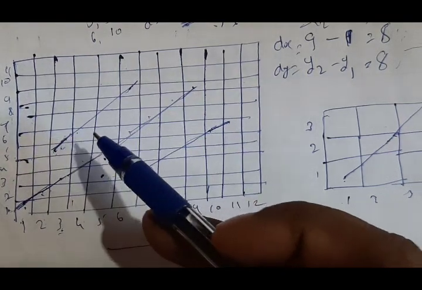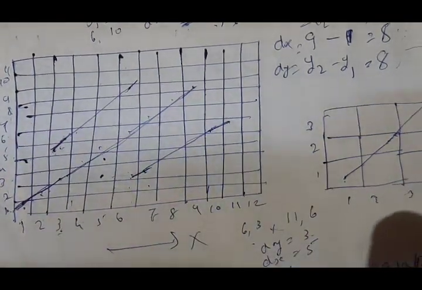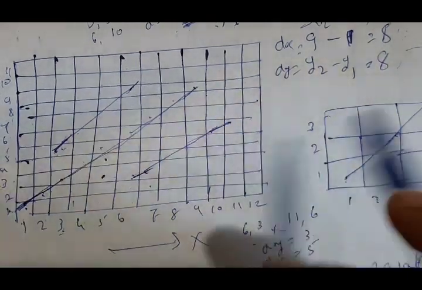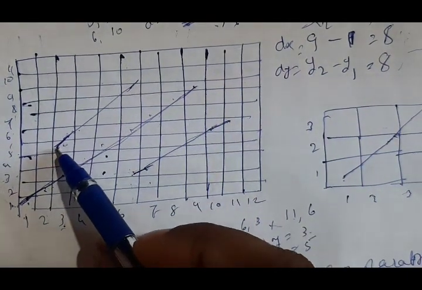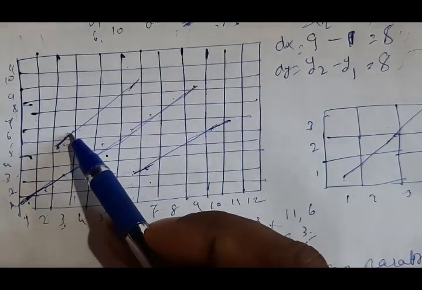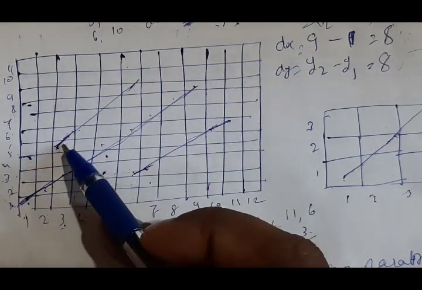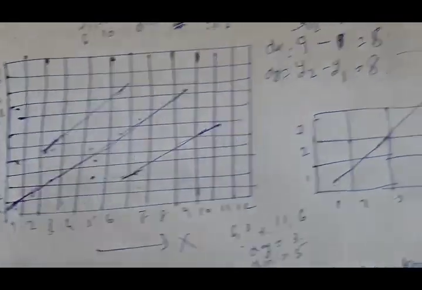Clear, no? This is a very important concept in the Bresenham algorithm. So here there is confusion, no? Whether you have to take this pixel or this pixel, because they are in the same position. See here,